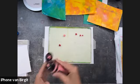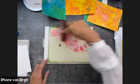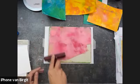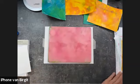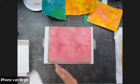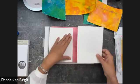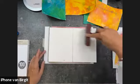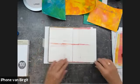Let's take some pink. And you can also see that the way I brayer roll out my paint is also very random. So I get some mixing of colors, but not mixing the colors completely, because if I would continue brayering, I would just end up with one new color. And that's not what I want. I want shades and lighter areas with the colors that I'm mixing. So I don't want to end up with a new solid color. So don't brayer too long